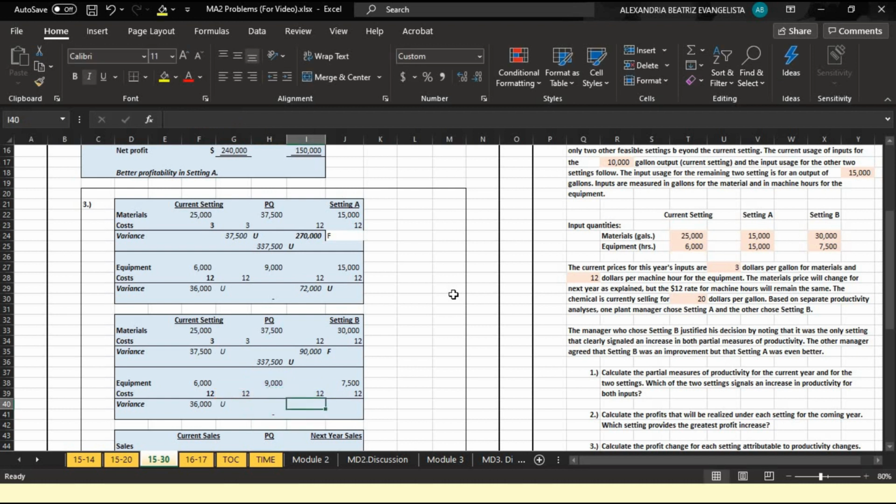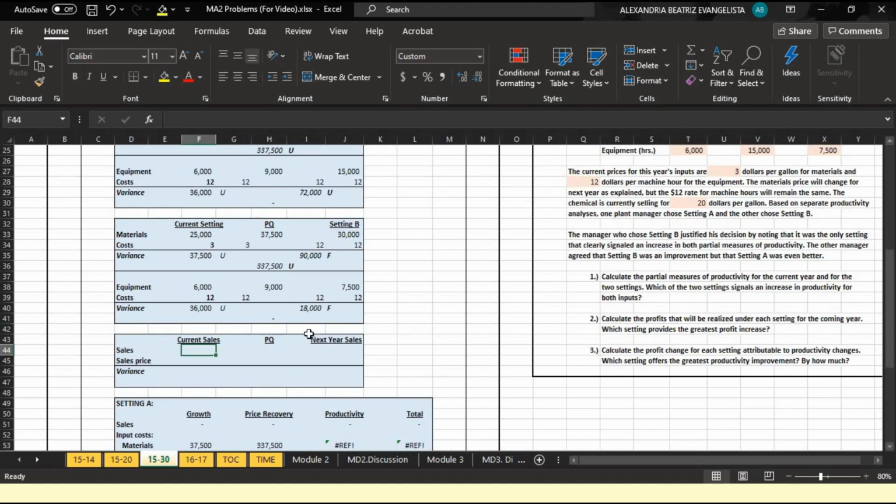And then lastly, the variance that corresponds to productivity, which is computed by 9,000 less 7,500 multiplied by the cost, which is $12, and that would give us 18,000 favorable. Now we're going to analyze the